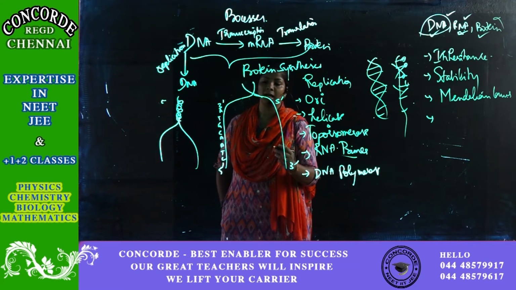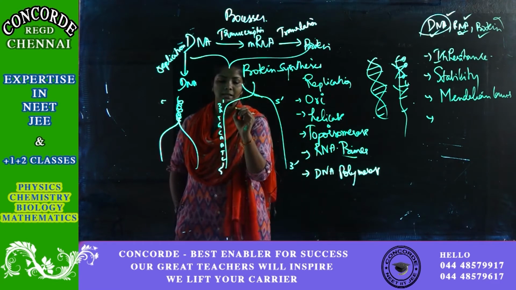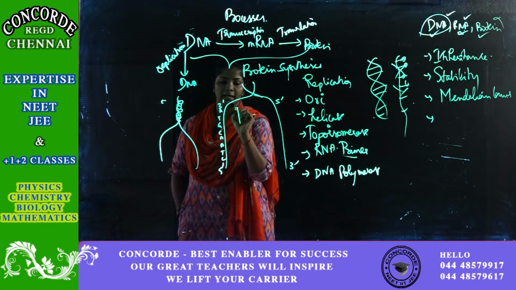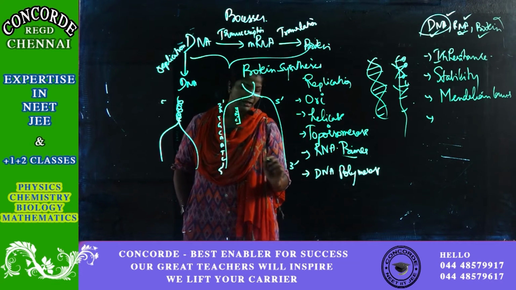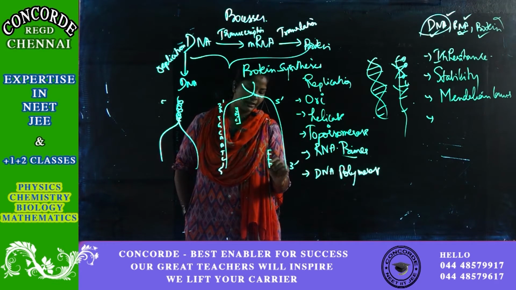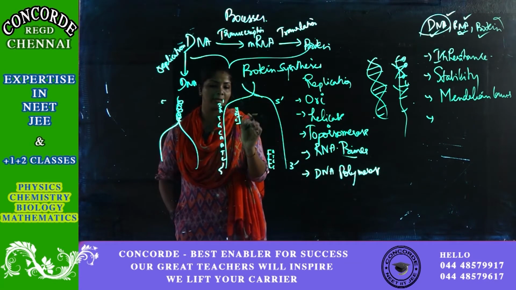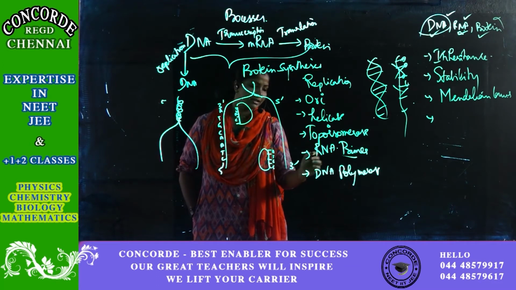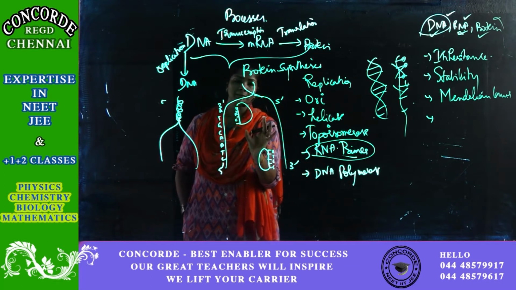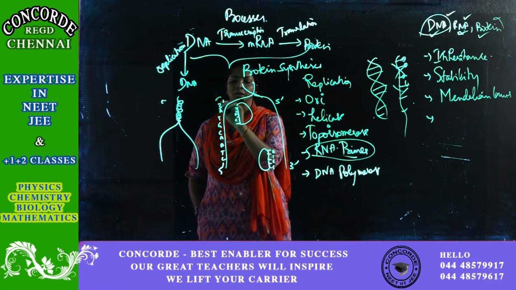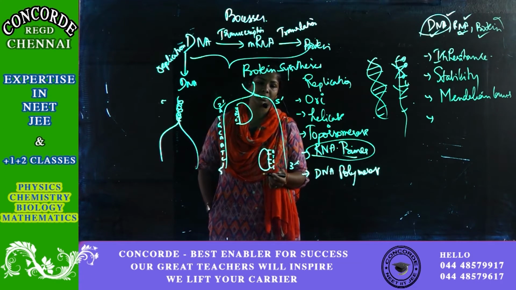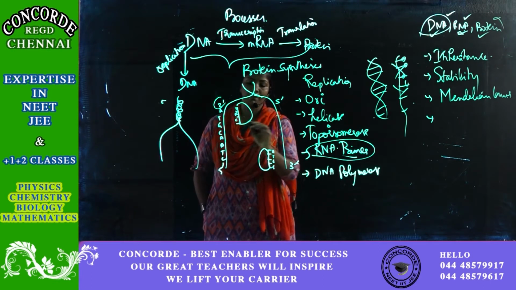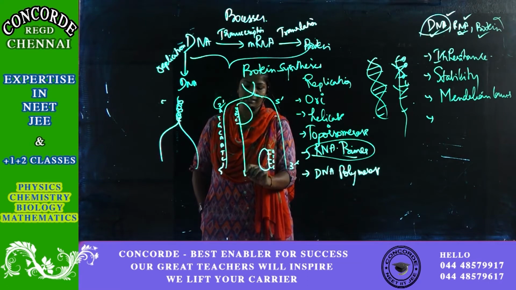Why? Because primers are single stranded. So this is a primer. If it is A, T, A, G, so this is your primer. And here also, whatever strands are there, complementary to that there will be some primers. These are RNA primers. Once primers come, primers will always attach to your 3' ends. So it will start the process from the 3' ends. Once the primer gets attached, the polymerase will continue the synthesis in this direction.